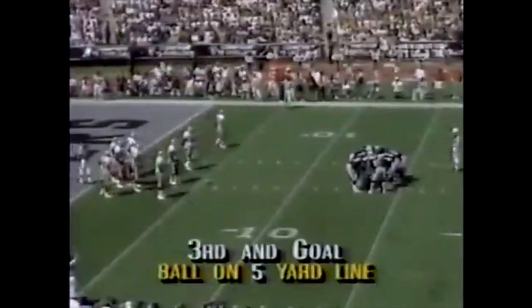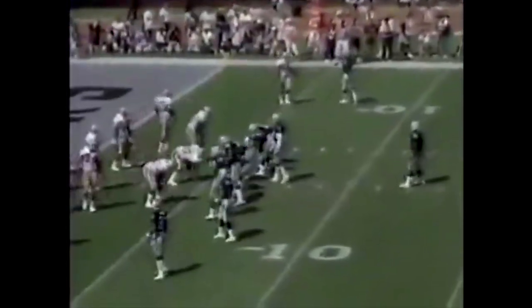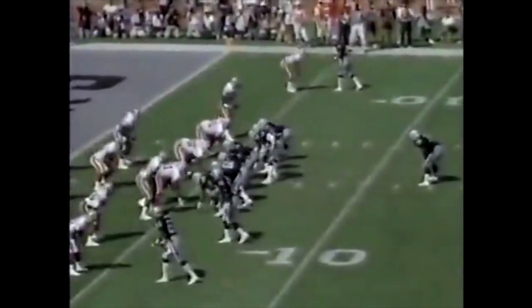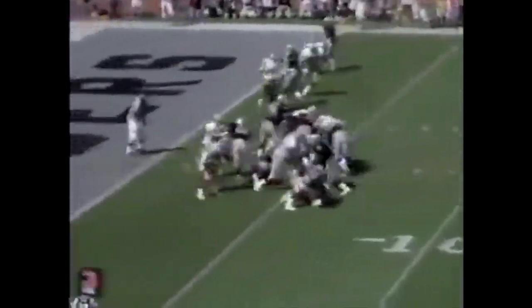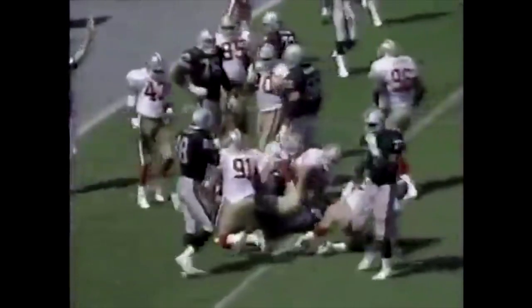Third and goal from the 5. Minute 16 left to play in the first half. 3-3 tie. Big Art Shell and Terry Rubisky, who's his offensive coordinator. That's Brown in motion. Schrader on the draw play. Steve Smith surges down to about the original line of scrimmage, about the 3. And they'll bring up 4th